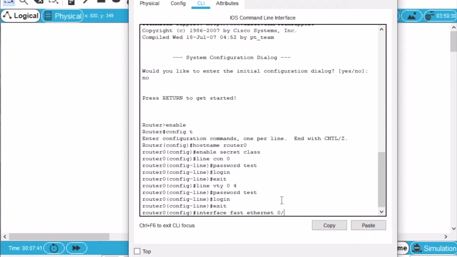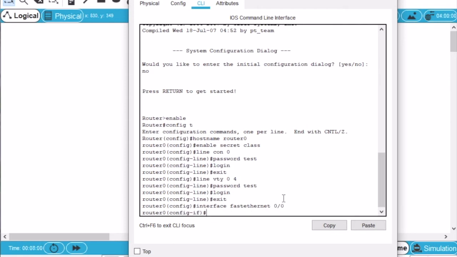There's no space here. Oh, I'm sorry. There should not be a space here. FastEthernet, rather FastEthernet 0/0. In our connection, this is our interface name, then followed by an IP address, assigning an IP address of